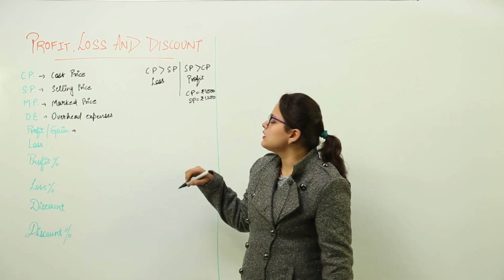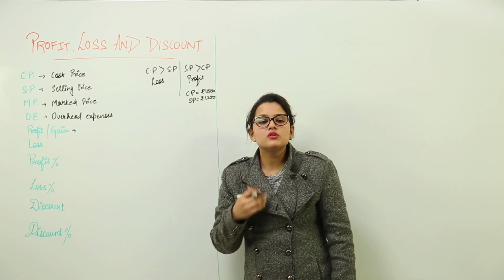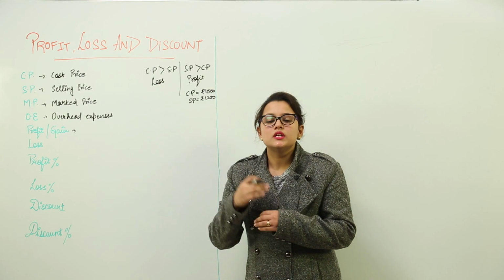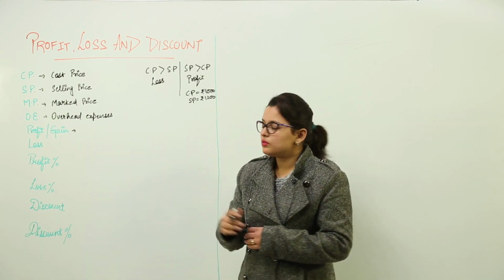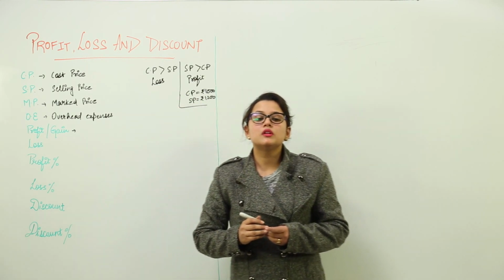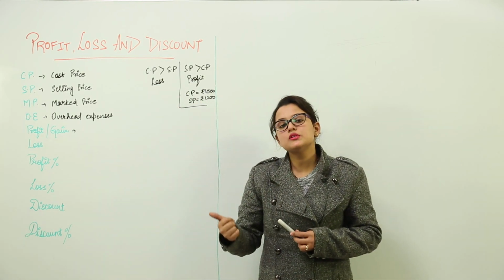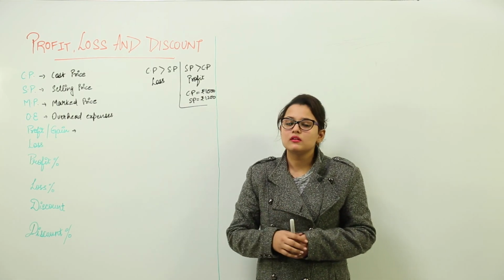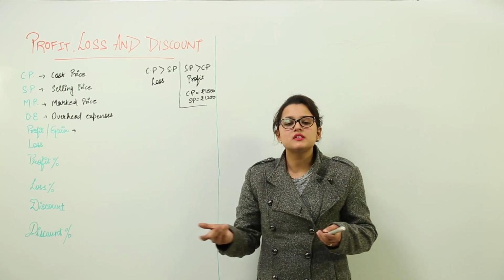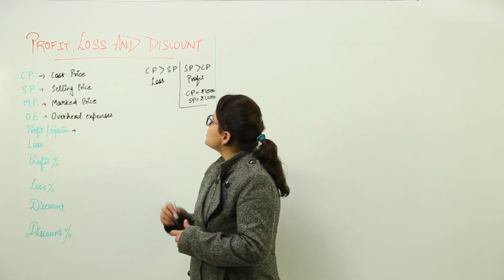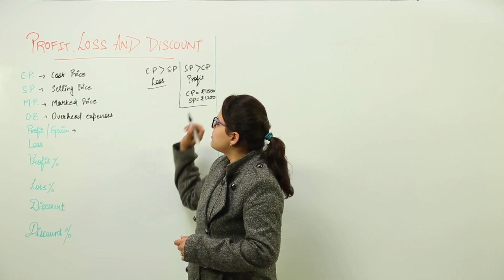So can you tell me which one is greater? Obviously your selling price is greater. Now because your selling price is greater, you will be earning profit in that, right? That's the logic behind this. Similarly, if the cost price is 1000 only and you're selling it at a price lower than that, that could be 500, 600 or 700, you will be incurring loss in that, right? So that is the case for loss and profit.